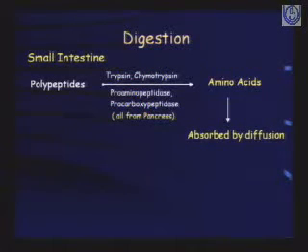Lastly, polypeptides are again acted upon by pancreatic enzymes, trypsin, chymotrypsin, and pro-aminopeptidases, and converted to amino acids, which are the building blocks, the smallest units in the protein chain, and then they are absorbed by simple diffusion. So now we have seen